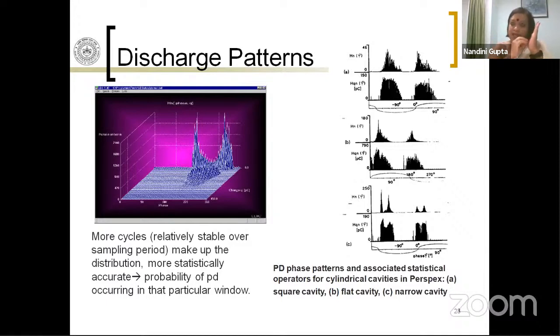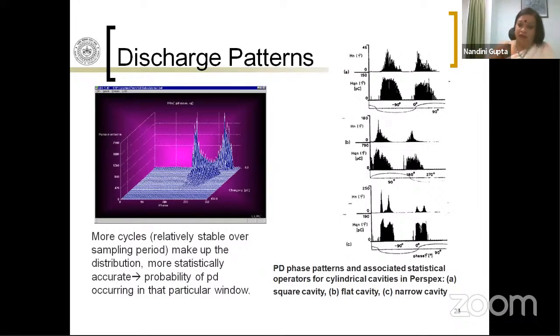Remember, as I said, PD is pulsative in nature. So over one single cycle, you will have a large number of PD pulses. And because it is stochastic, the number of PD pulses will also not be constant. So the phi-q-n pattern gives you the information that you have N number of pulses of Q magnitude at phase phi,